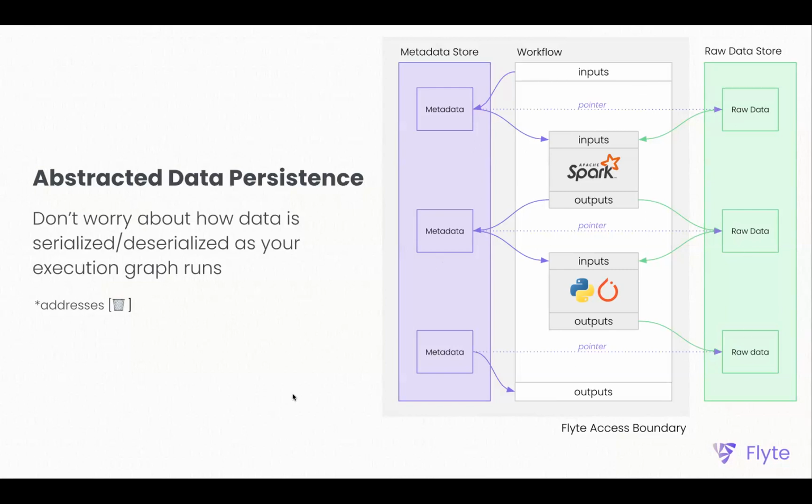If we go here, I don't know if you can see. Let's see if I can get this laser pointer. Oh, nice. So if I have the Spark task, the input to the Spark task is actually a pointer to the raw data. So Flyte never sees the actual raw data, but the task is then able to take that pointer, and assuming you have permissions to this bucket, you can read the raw data in. But Flyte itself as a system never sees your raw data.